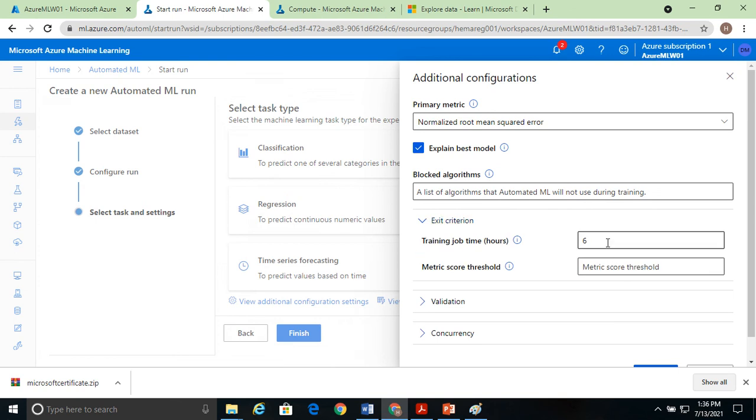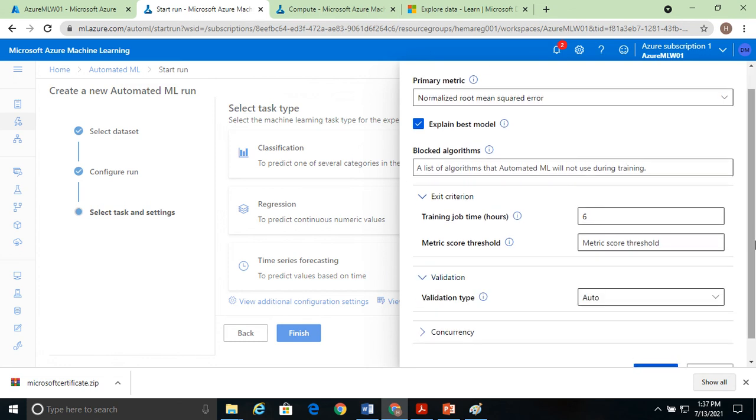So when it has to stop, it will be a very long process because there are so many algorithms, and it will keep on repeating the runs until it finds the best algorithm. So you can tell if you want to complete your job in 30 minutes. Maybe if you give 30 minutes, it will not give you the best algorithm, because the job will finish by 30 minutes. Okay, so this is the default, 6 hours it will run. So here if you want, you can change it. These are the settings where you can change.